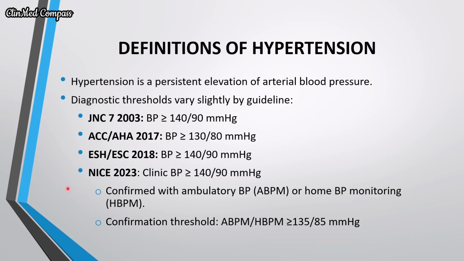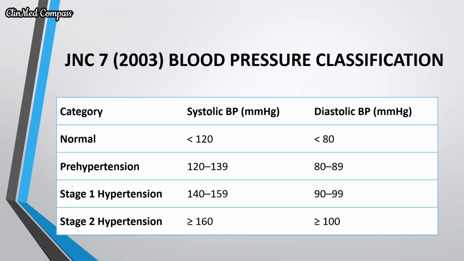The NICE guideline uses a threshold of 140/90 as clinic blood pressure. However, this has to be confirmed using the ambulatory blood pressure measurements or the home BP monitoring. Confirmation threshold for this is 135/85 millimeters of mercury. So this is the JNC blood pressure classification, which classifies blood pressure into 4 stages: normal